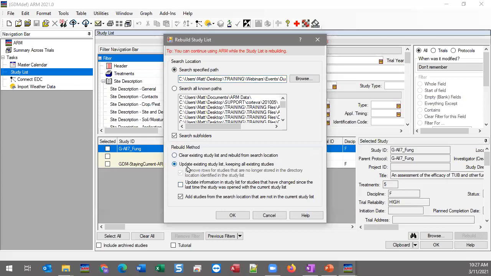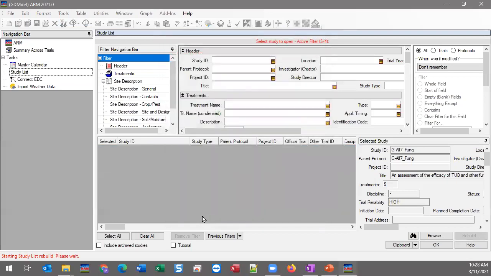You can also update the list if you wanted to. So if you liked what you had and you just want ARM to go and find whatever else is new out there, you can use update. But a nice way, if you want to start fresh, is let's clear the list. And so then it'll start with a totally empty list, and let's go find whatever files I have in the 2021